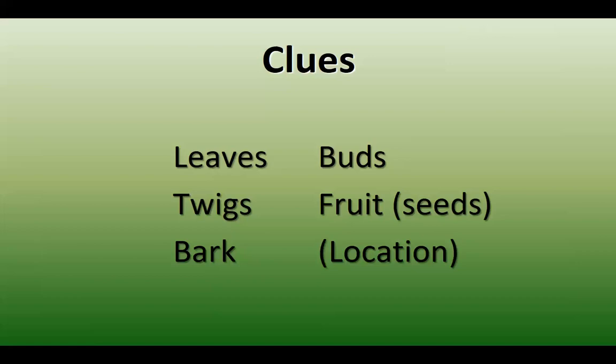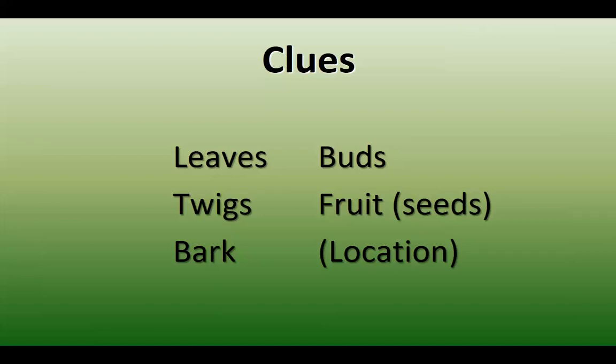Whereas if you were out in the wilds and trying to tell the difference, for example, between the northern red oak and the pin oak, you might notice that the northern red oak usually grows on a north or east facing slope, whereas the pin oak likes the bottomland. He likes his toes wet. And so that would be a great big clue. But